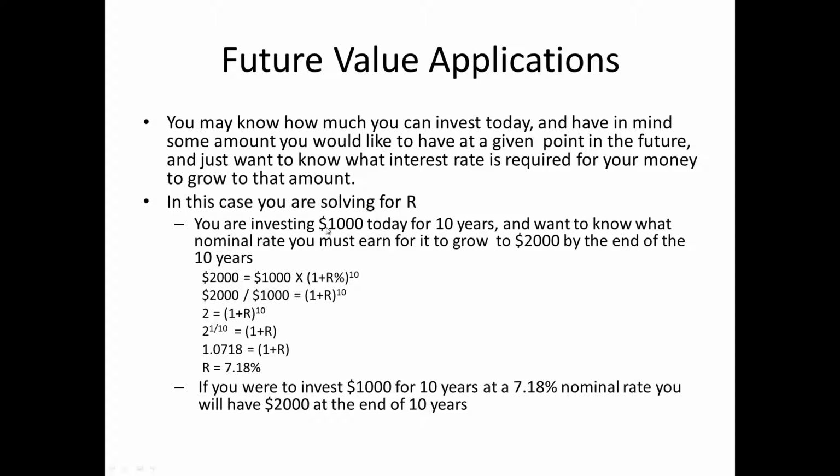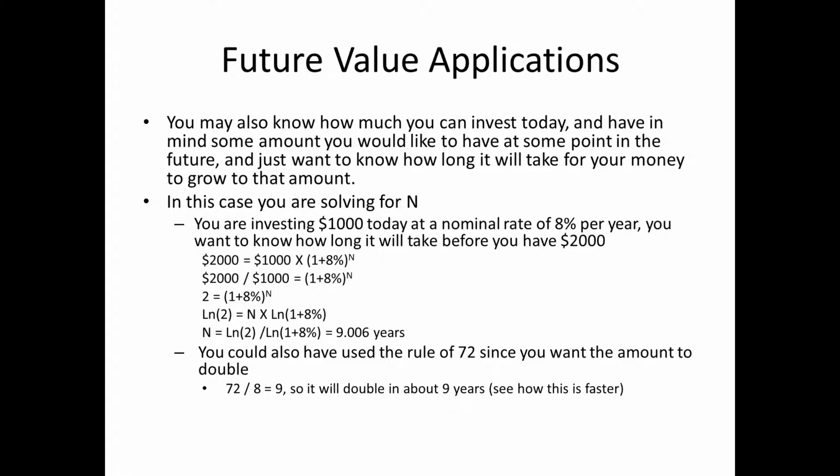And so very simply it says, if I want to have $2,000 at the end of 10 years and I'm only investing $1,000 today, I need to earn 7.18% each year in order to get to 2,000. And you can go through the future value process and recalculate that and verify that in fact that 7.18% makes sense. This is a little bit higher level math, but you can still do it again because it's just an